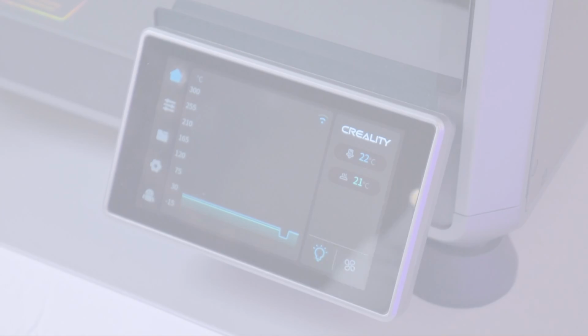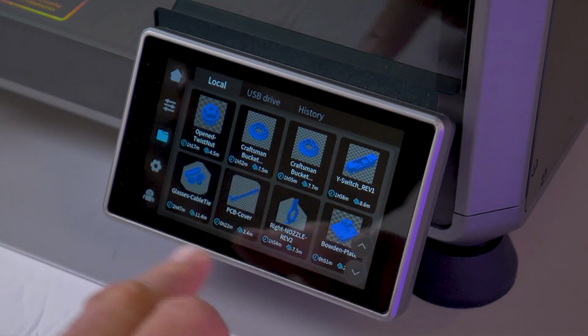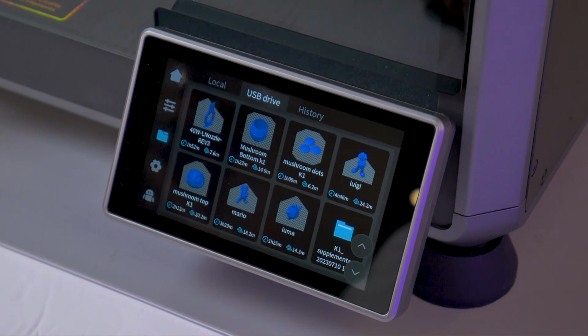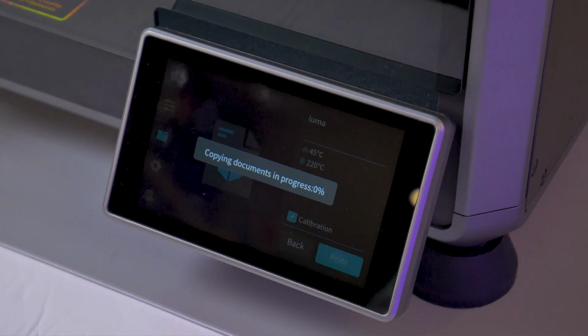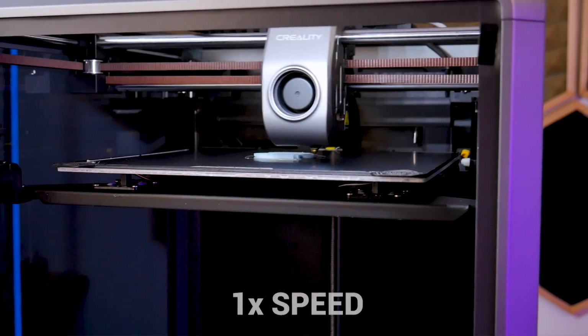Files uploaded over the web UI will appear in the local section of the file list. Now, I've also put that same file on a USB drive, and so if you use the USB drive at the front of the printer, those files will appear in the USB section. And so to demonstrate the USB printing, I'm just going to print from the USB thumb drive, and this is